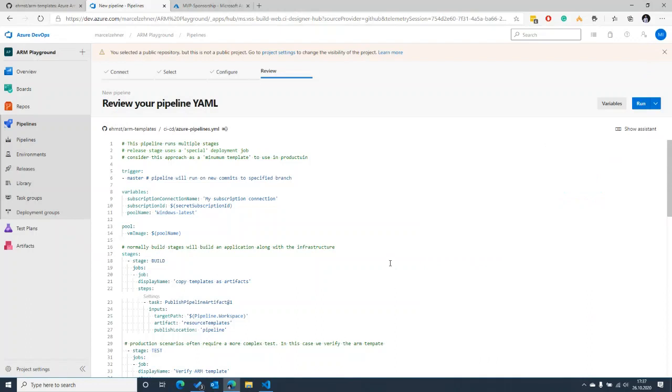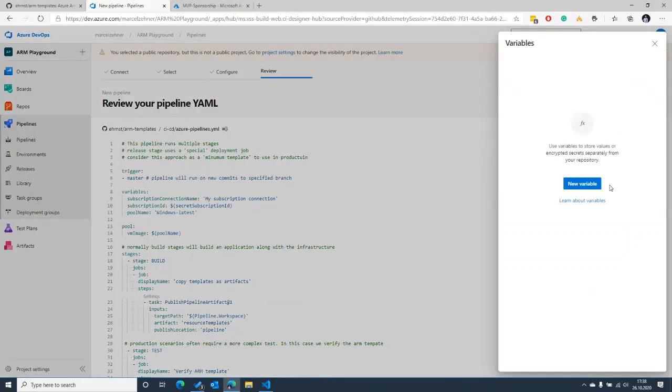I can show you that Marcel said that in some cases you probably will have to handle secrets in your pipeline or in your scripts. So one way to do that, if you need secrets or credentials during ARM deployment, is to have your pipeline access Azure Key Vault, for example. But you can also, in its simplest form, add in secret variables within the